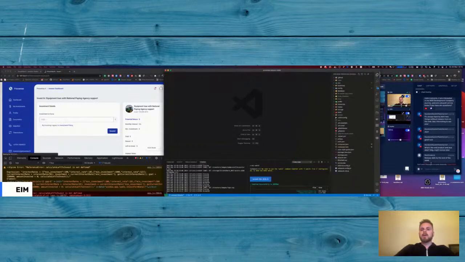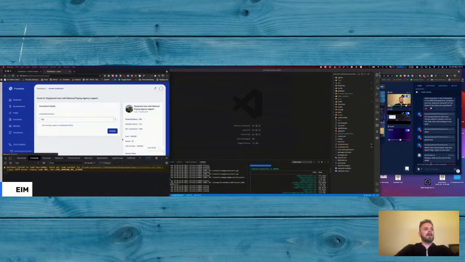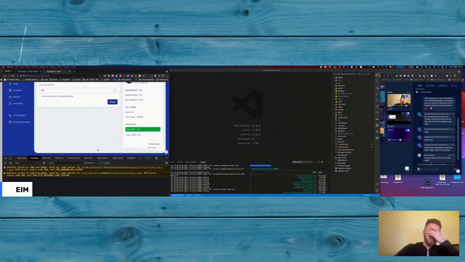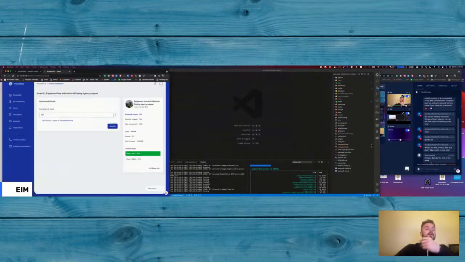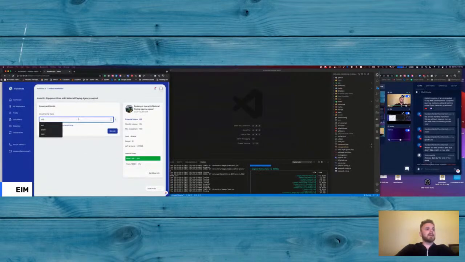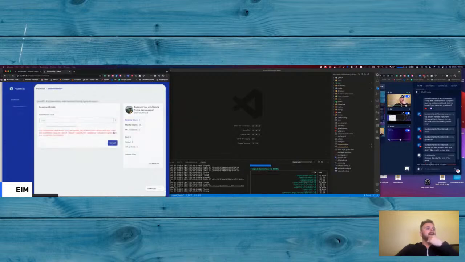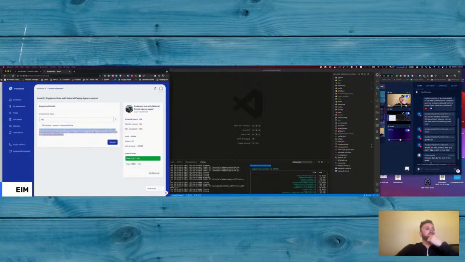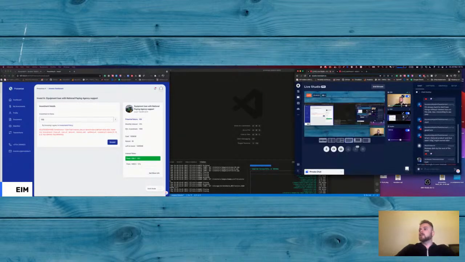Okay. It's still building, something's happening, and great success. We have JavaScript working, so we have all the user interface functioning. And I want to invest, what? I'll invest 100, so it's easier for me to do calculations on what should go where. And okay, interest rate ID doesn't have a default value. So yeah, this is what we do.